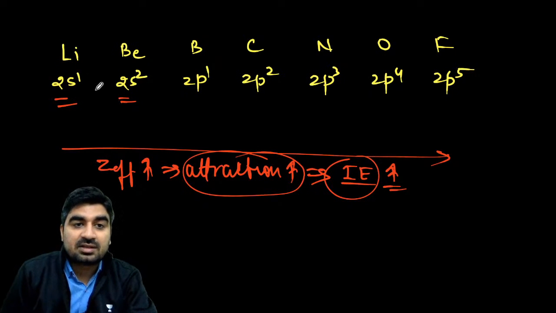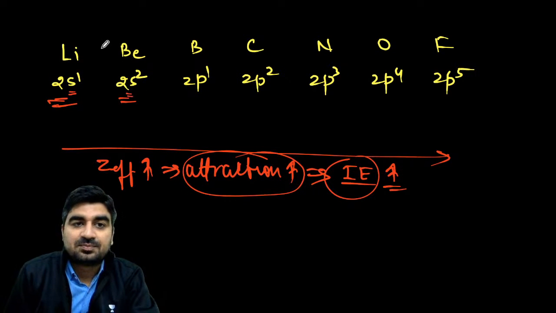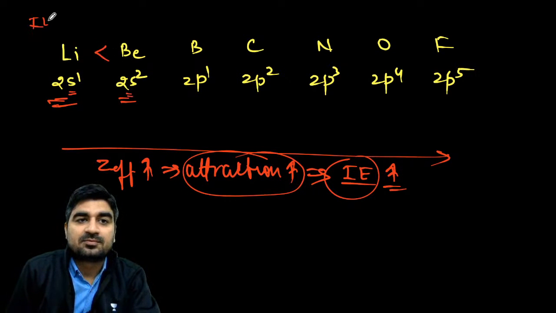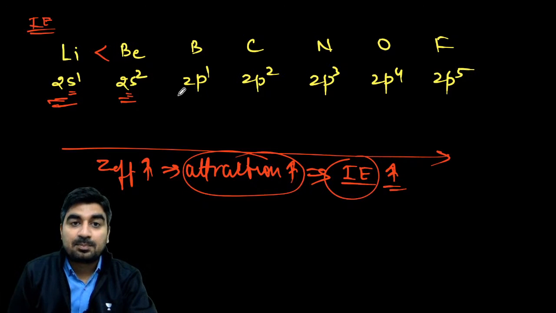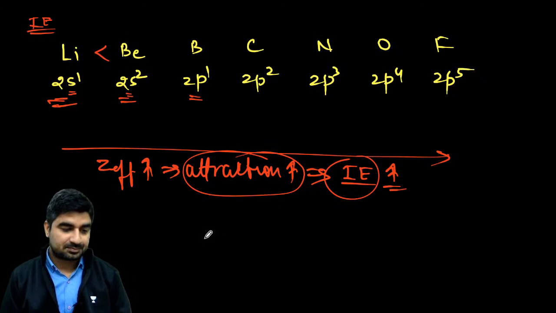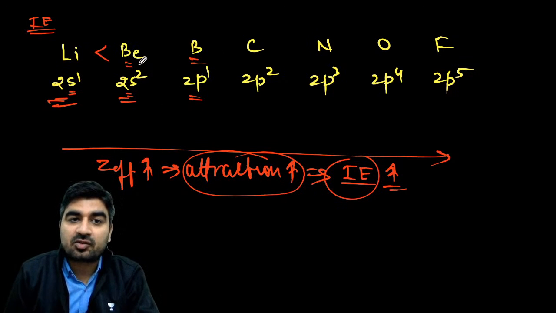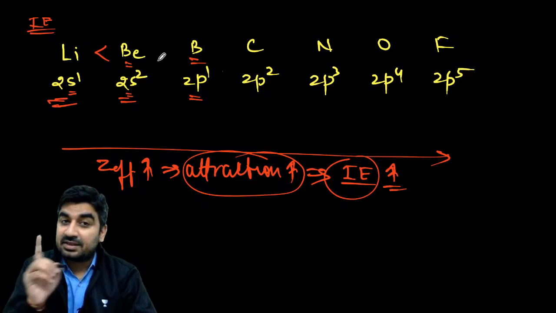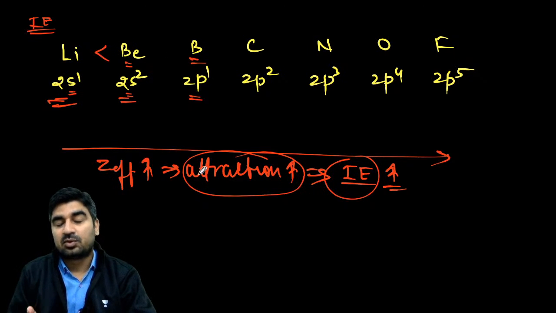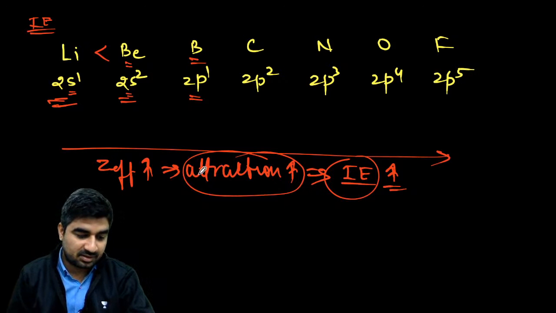So in this case, if we are removing an electron, the electron is being removed from S. So the ionization energy of beryllium will be more than lithium. But if I compare Be and B, what will happen? In case of beryllium and boron, Z effective for boron will be more because boron is on the right. But in this case,